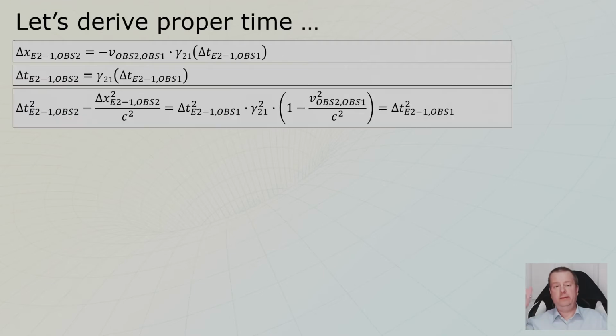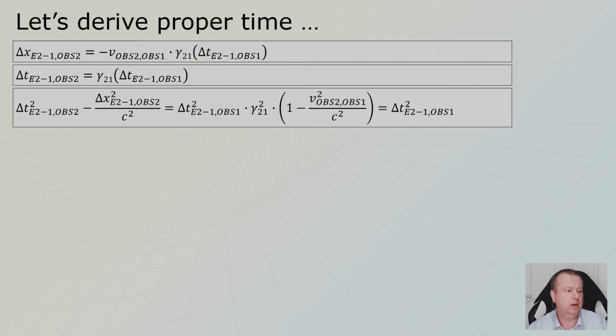Now someone said, I don't know who, let's square delta t and subtract the square of delta x divided by c squared, where c is the speed of light. If you take the top two equations and just substitute them in the third one, you will get this. You will see that you can,